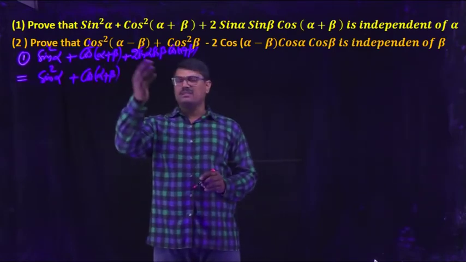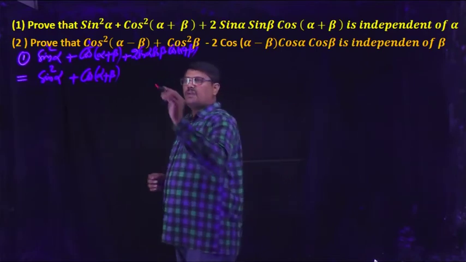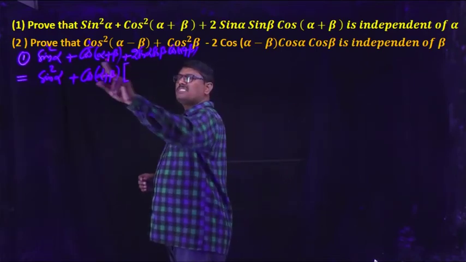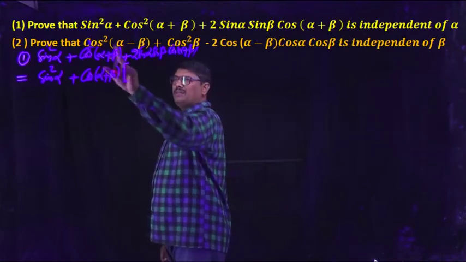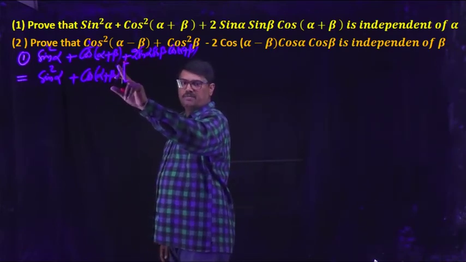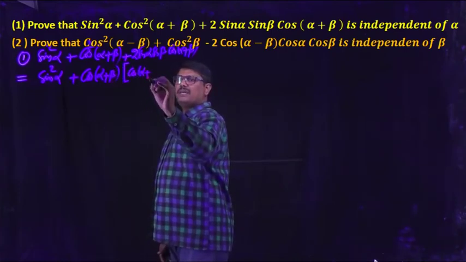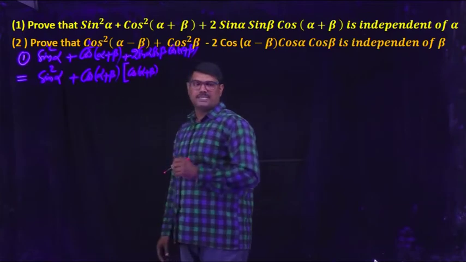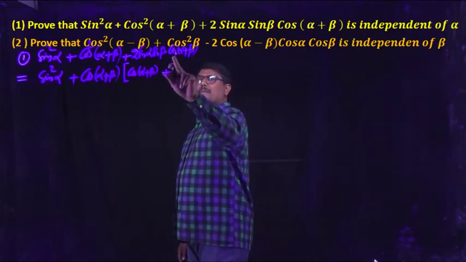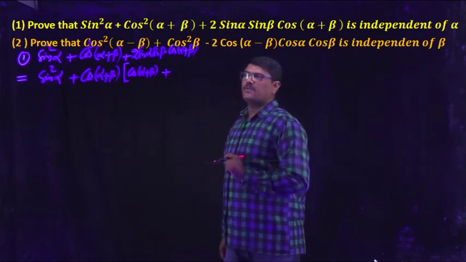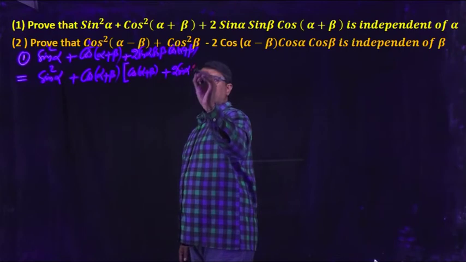Observing the second and third terms, you can see cos of alpha plus beta is a common factor of both terms. Separating cos of alpha plus beta from the second term, actually here 2 cos of alpha plus beta values are there. Separating one cos of alpha plus beta, there is one cos of alpha plus beta left in the first place. Plus, separating cos of alpha plus beta from the third term, the remaining part of the expression will be 2 sin alpha sin beta.